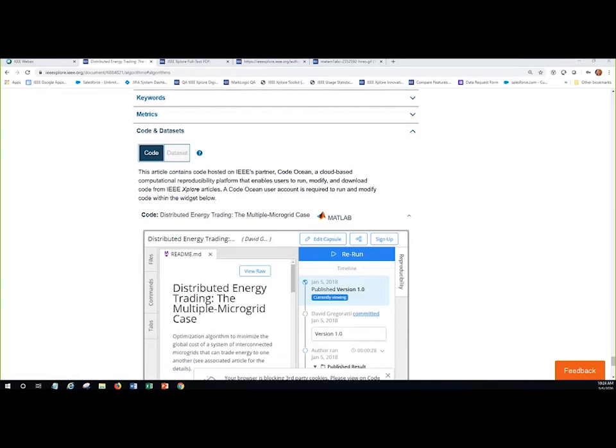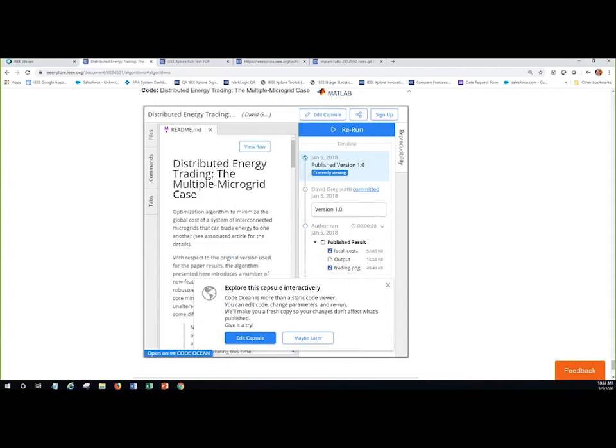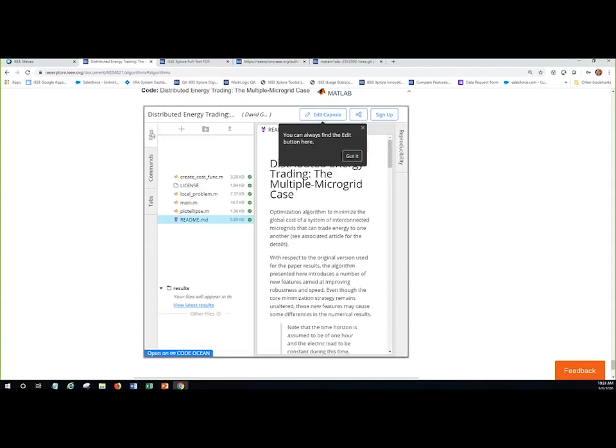So if an author chooses to make their code open source, they upload it for free into CodeOcean. It gets a DOI that's then fed back to us, and that code is integrated in right here into the article. So you can browse the files,